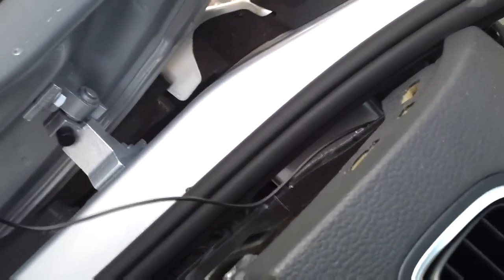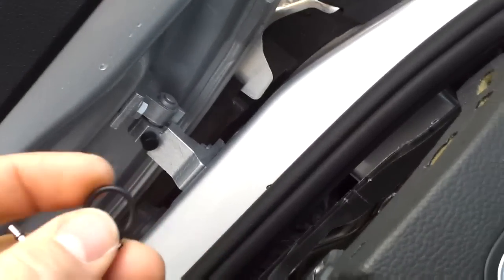Alright, so I actually pulled the piece of trim off and I've taped the microphone wiring all the way down. So we've got it all here and it comes out here. So now you need to get something long and thin. If you've got something like a wire coat hanger, that'll do. And what we're now going to do is tape the end of the mic wire here to something long like a wire coat hanger and then feed it all the way across